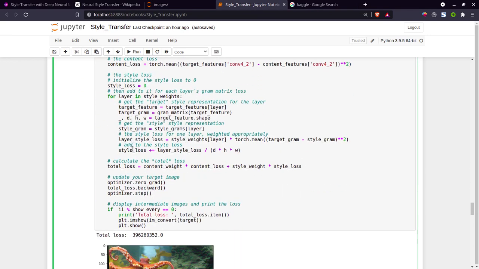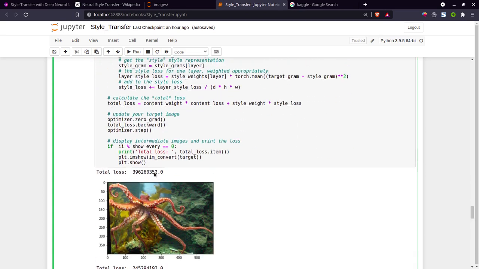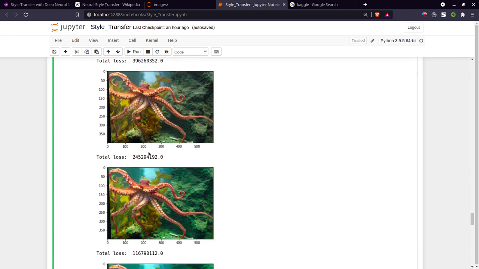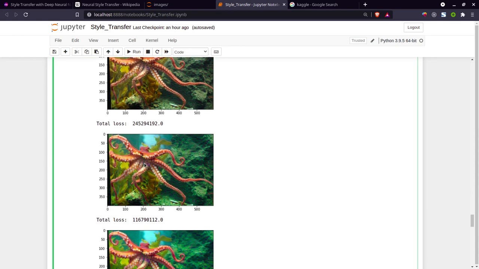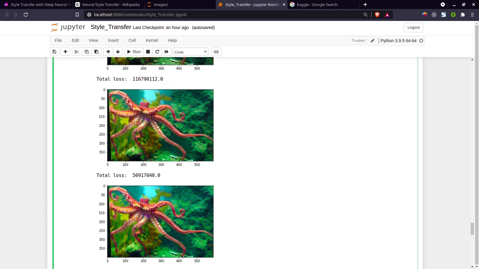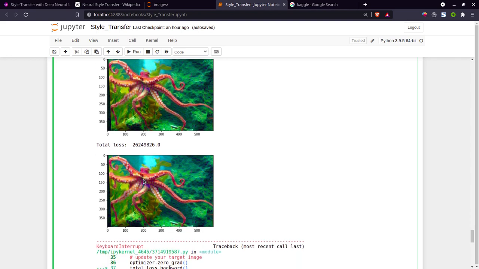If you run the model, this will take time, I think 20 to 50 minutes, but to save time I have already run the model. This was our first time, no changes. You can see there are no quite significant changes. And in the next model you can see some color changes, some difference coming from the second image. Then again we are having some styles from the second image.